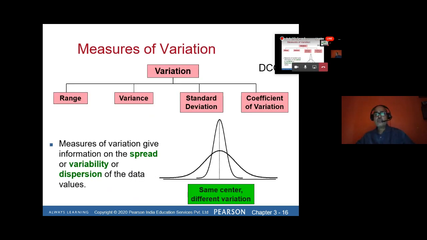Now let us try to understand the second learning objective of this chapter. All of you please try to understand the second important thing. As you know, in a normal business curve, here is the red point I am showing. Mean, median and mode are all at the same point. Now, this is your whole business data, and you have already calculated mean, median, mode, and this is your central tendency point.